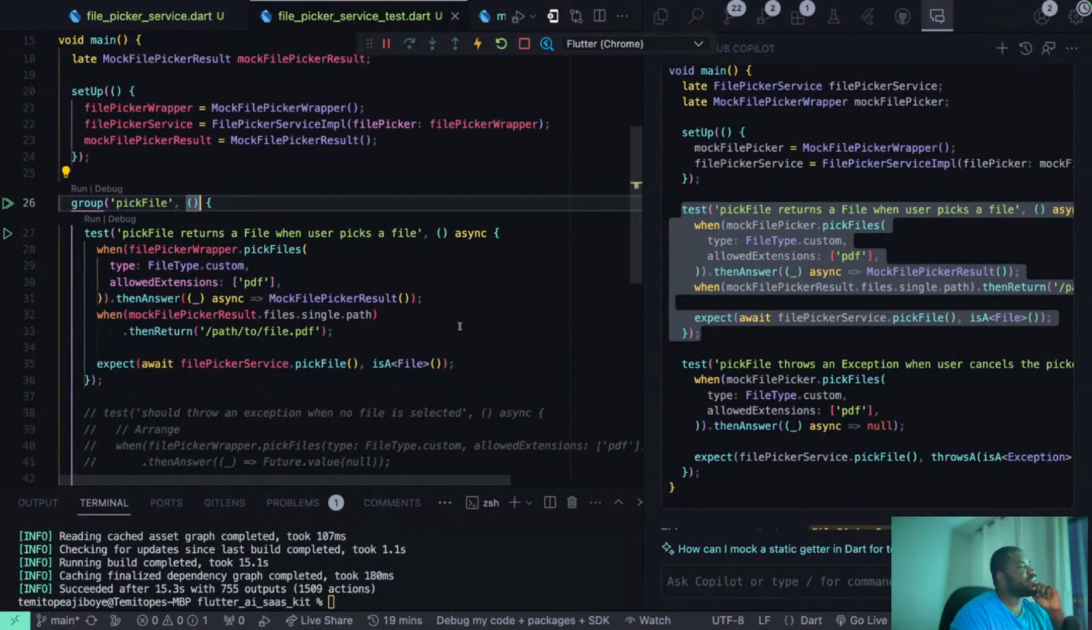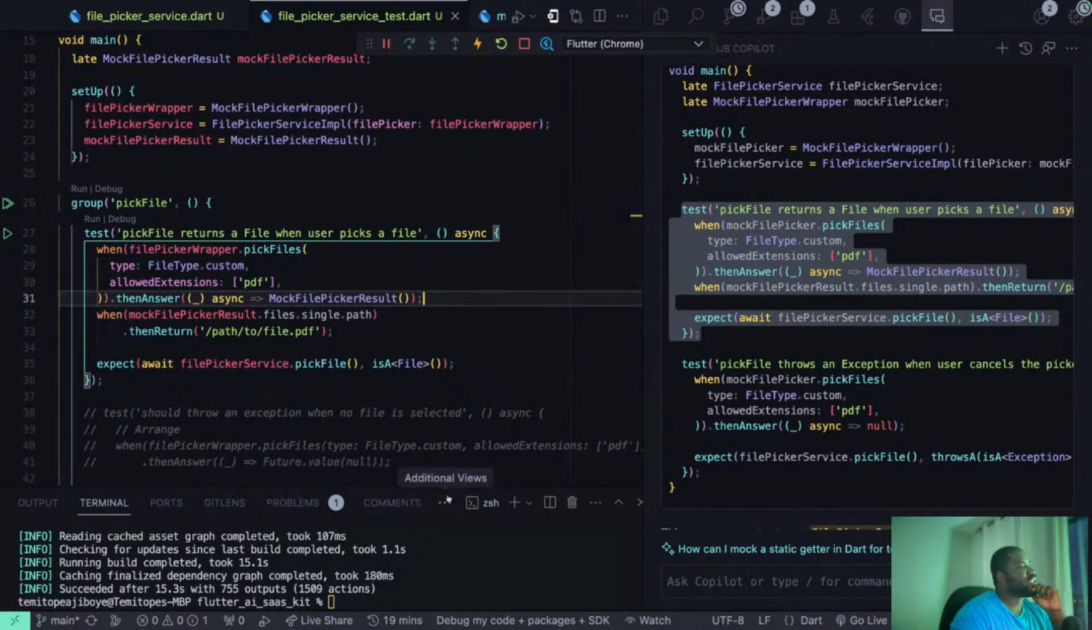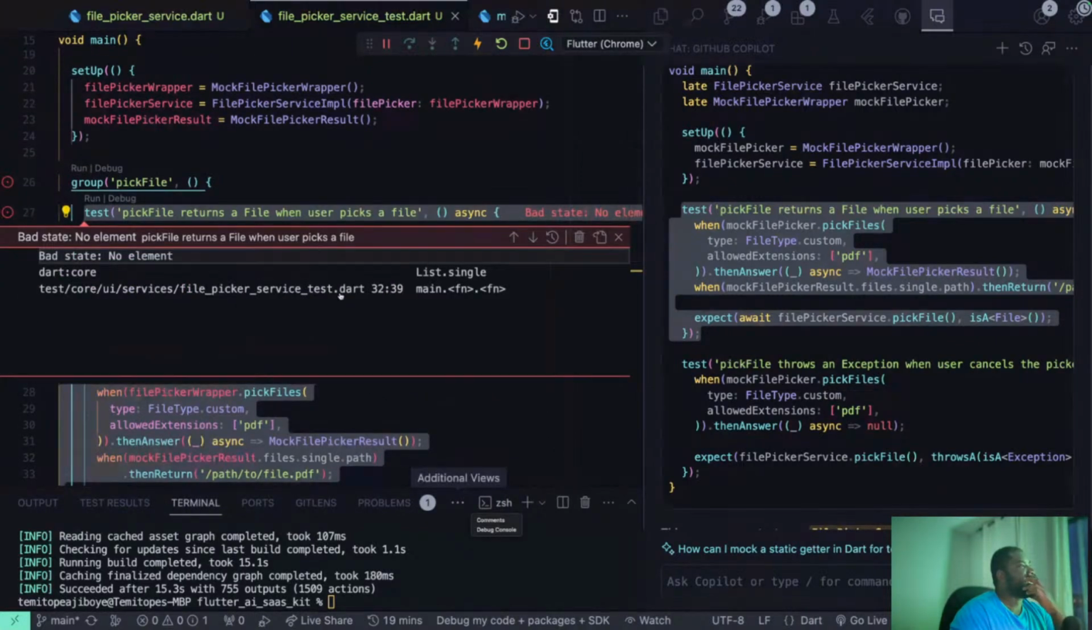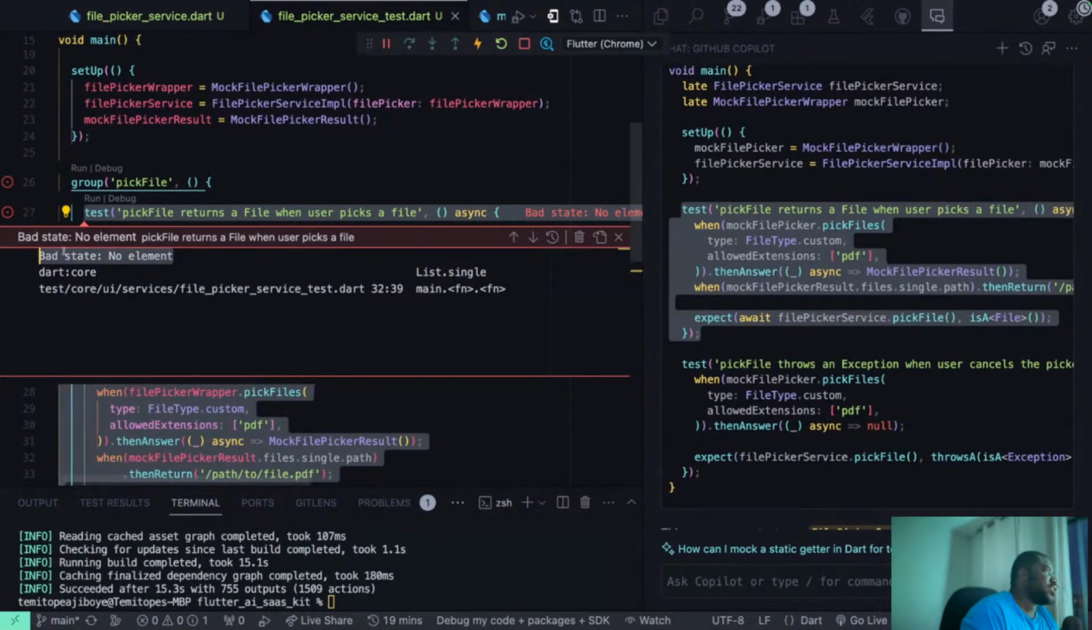So we run. What is it saying? Yeah, no elements. So we have a "bad state: no element" now. Bastard, no element. I don't know what that is. So